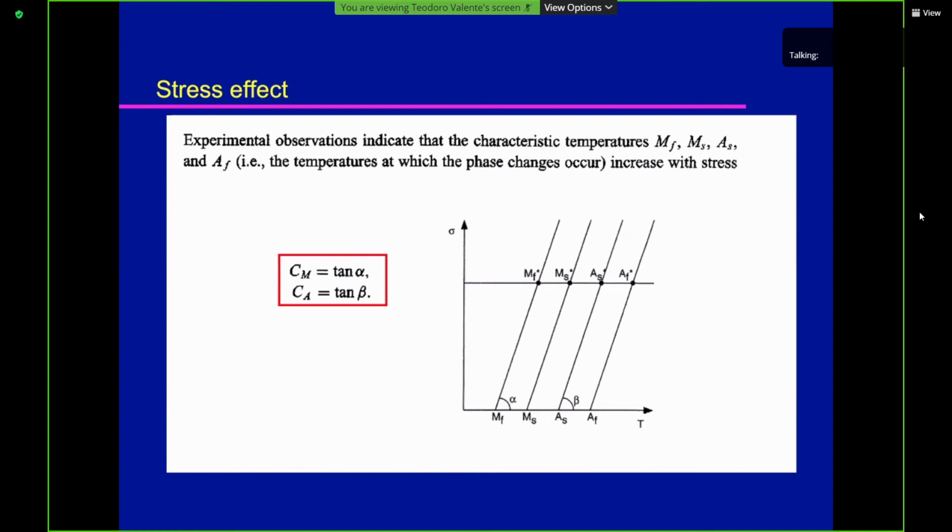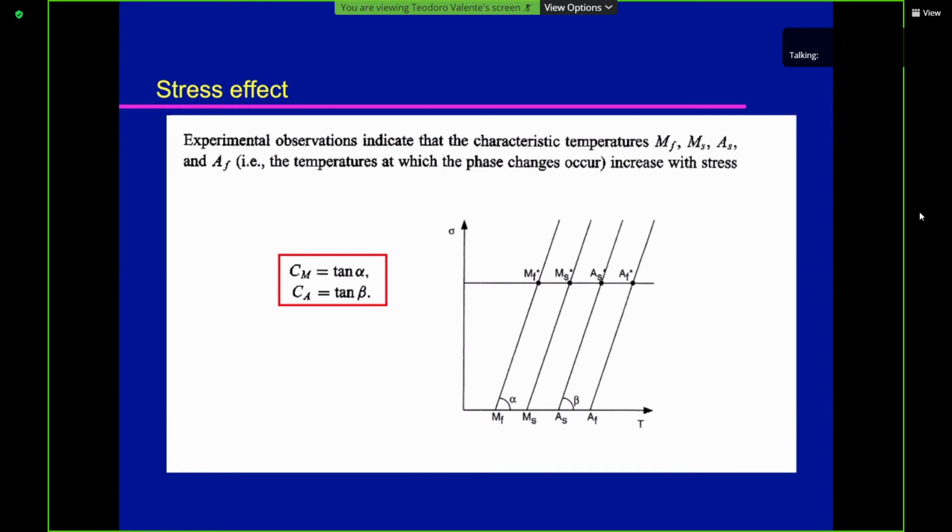And most of the time, alpha and beta are comparable. They are very, very near. But nevertheless, in order to maintain the distinction theoretically, let's say that the slope of the variation of the martensite finish and start temperature by increasing stress is defined by the tangent of the angle alpha, and we call it C